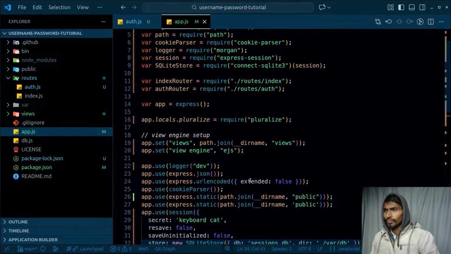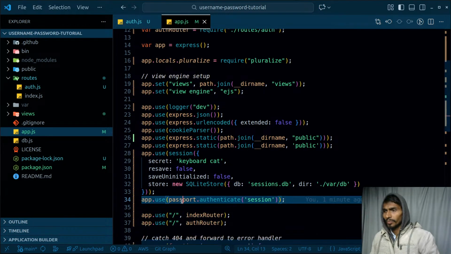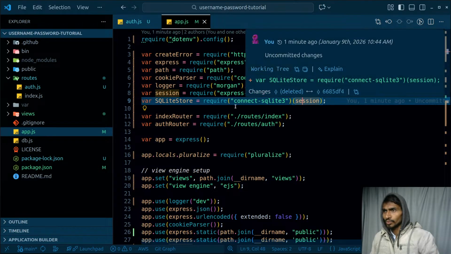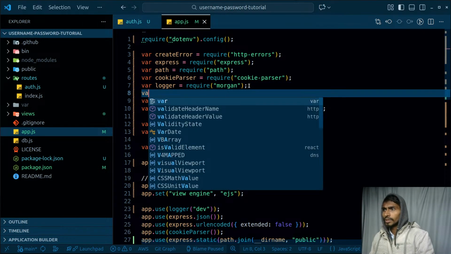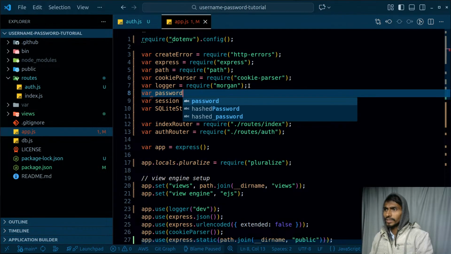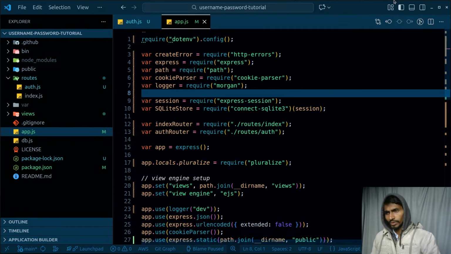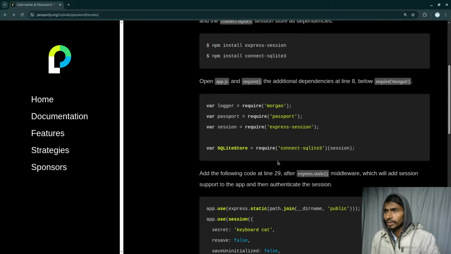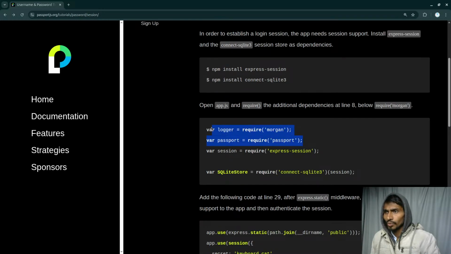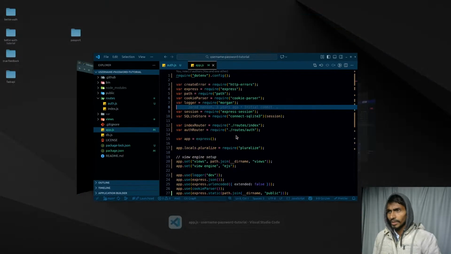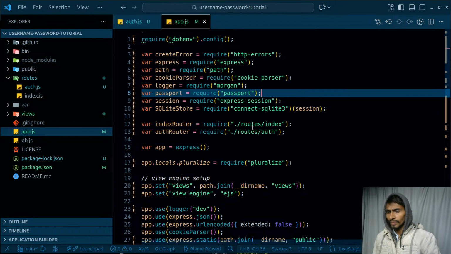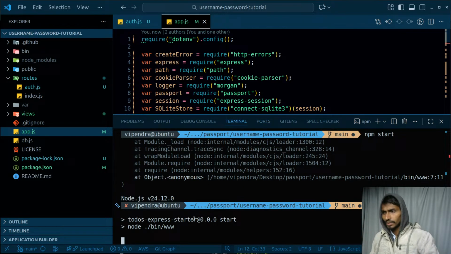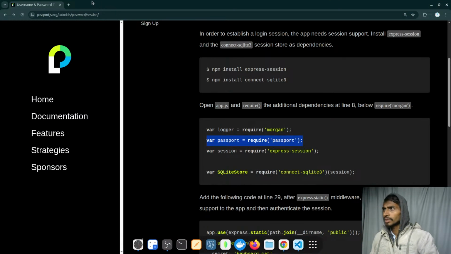I have passport over here. Do I have it in here? Okay, I do not have passport, so I will have to import that. I'm simply using where over here because where is used in the documentation, just because of that. Otherwise this is not even required for that. So I just need to get this passport thing from here. That should be enough for me. Let's simply paste it, and if I try to write npm start again, it should be able to just simply start it. Okay, let's check this thing out. Let's go to the login page.